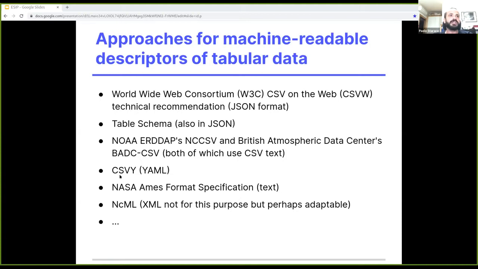My experience is mainly on the Web Consortium approach and the Table Schema one. Both are JSON based and are very similar. On that, it is enough to observe that the Open Knowledge Foundation is one of the authors of the Web Consortium documents, and is also the main partner of the Frictionless Data initiative, which is the mother of the Table Schema proposal.